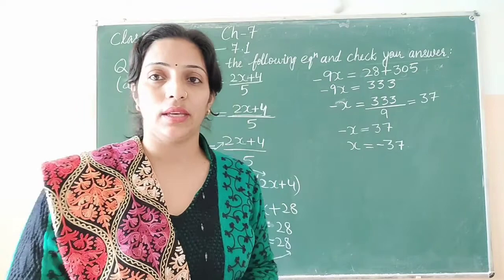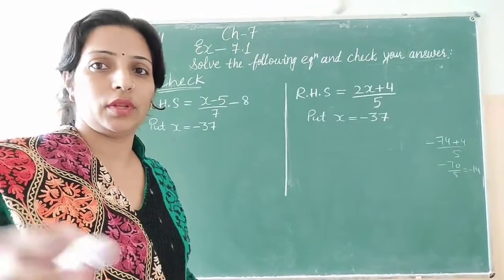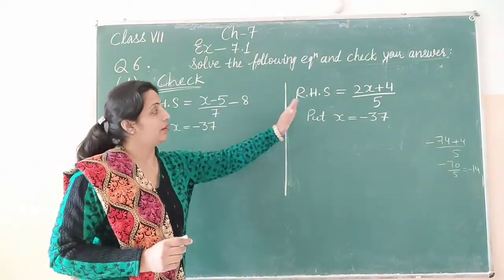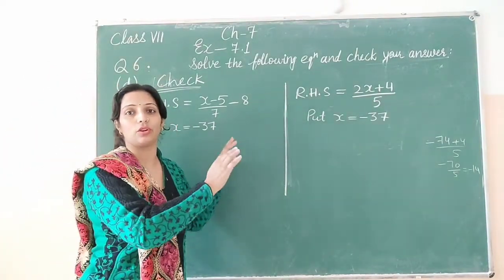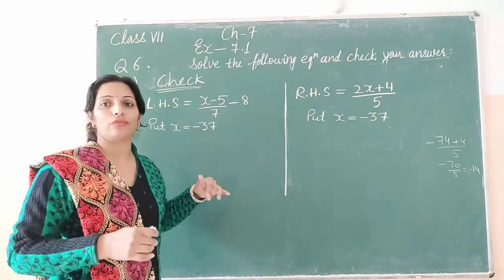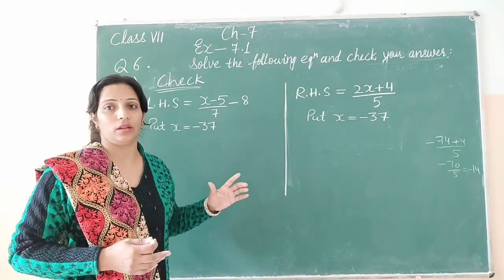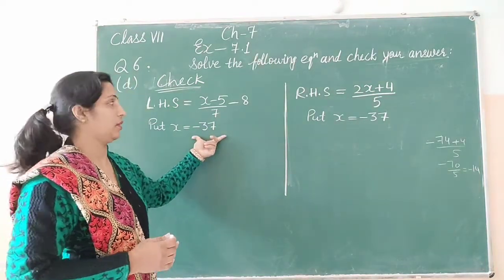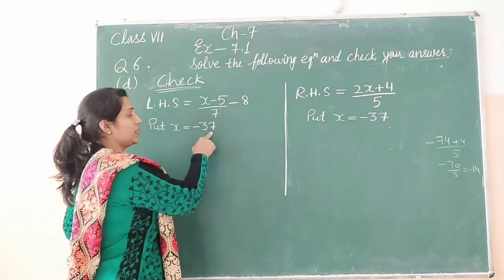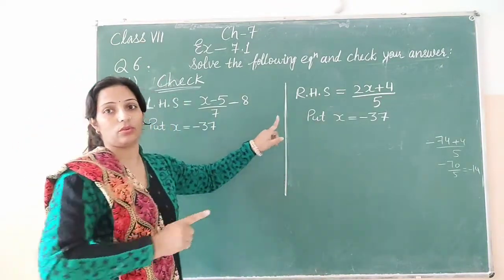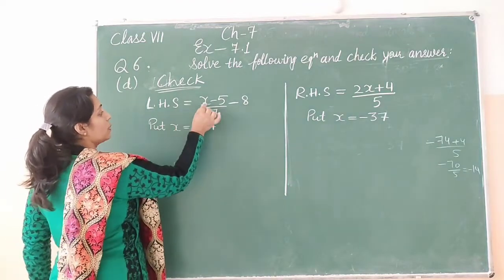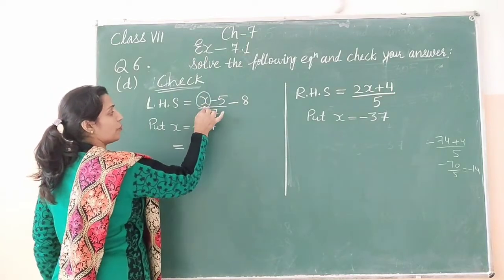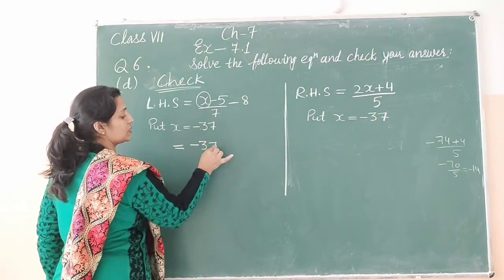Now we will check, is it the correct value? Dear students, I told you how to check it. Write left hand side, right hand side, whatever was given in the question, and then put the value of the variable, whatever we have solved out, that is x is equal to negative 37. So put x is equal to negative 37 in left hand side also and right hand side also, one by one, and then solve. Now when we put x is equal to negative 37 here, in place of x, negative 37